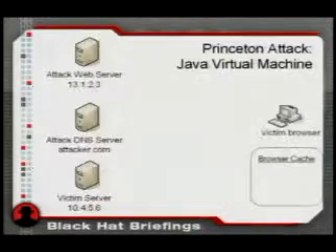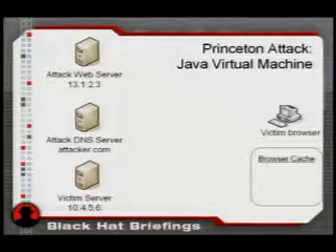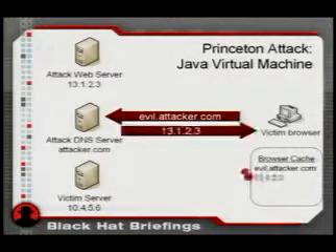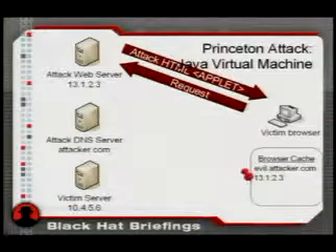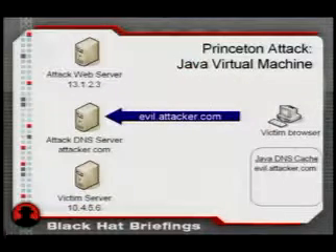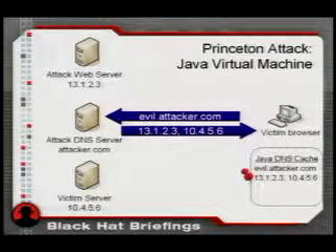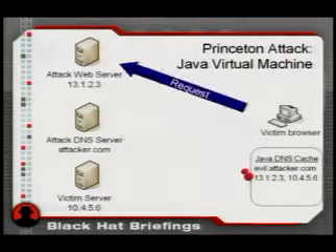The Princeton attack looks something like this. Again, it's very similar to a simple DNS rebinding attack. The victim browser goes to a malicious site. This time, the browser could be performing perfect pinning with that IP address. The attack server comes back with some kind of HTML referencing an applet, which causes the browser to fire up the JVM. The first thing the JVM does is issue its own DNS query, and this time it gets 2 addresses back. It's going to take that first IP address and request the applet from it, which it gets.